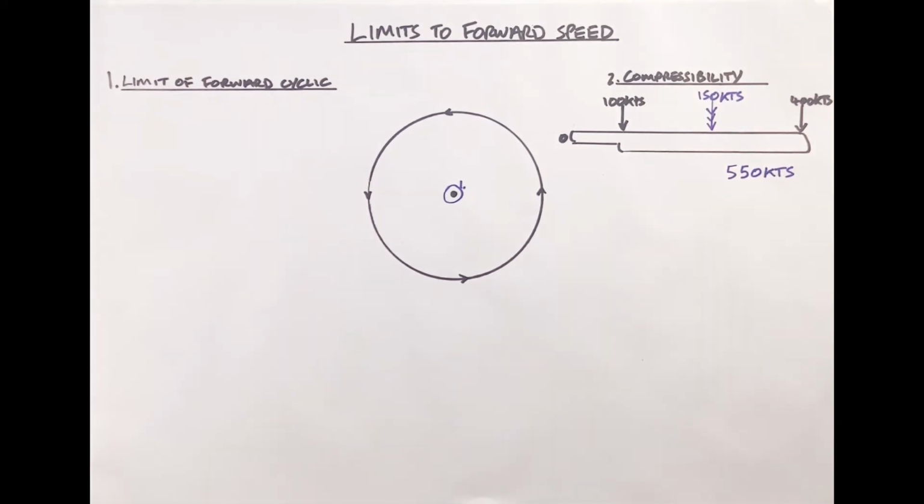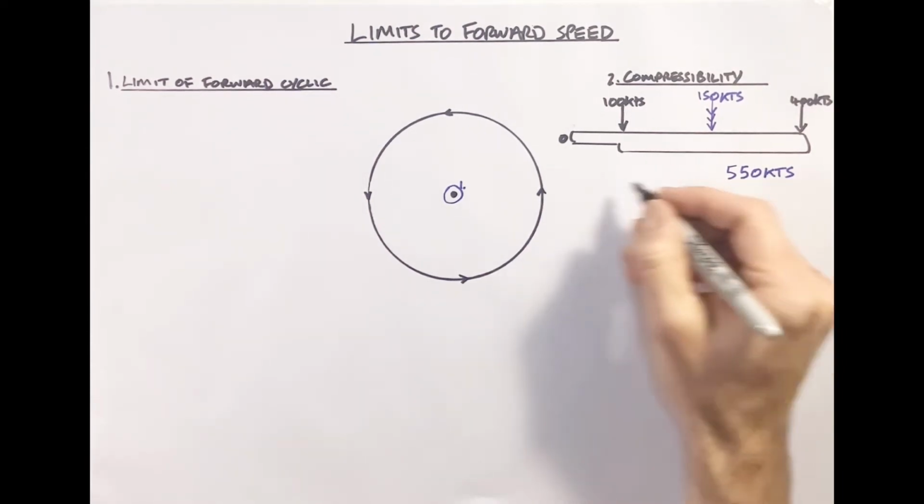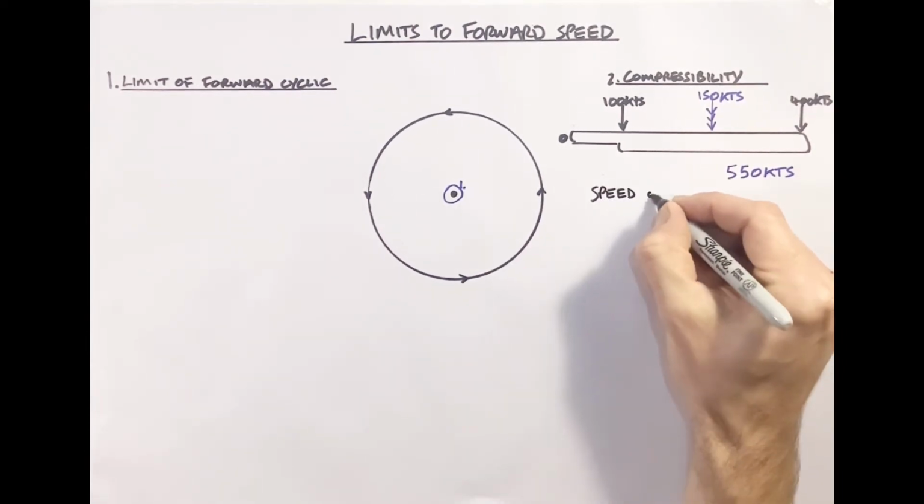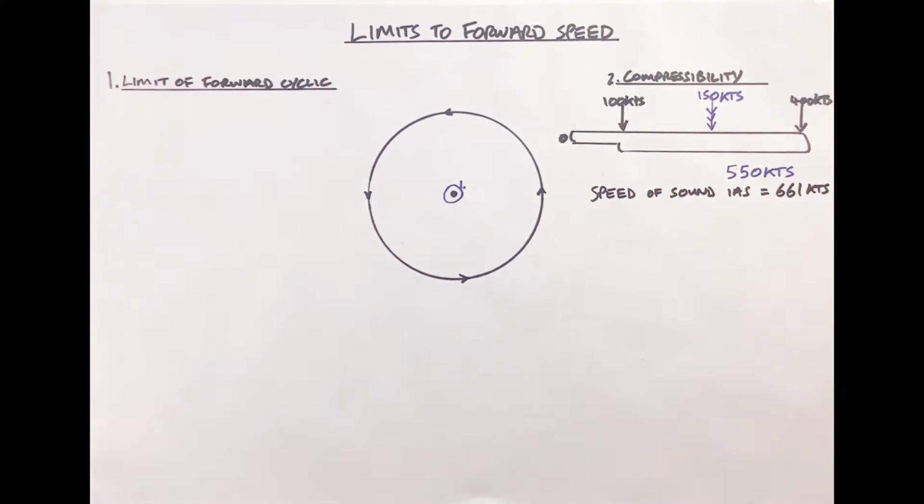So 550 knots doesn't seem a huge amount when we consider that the speed of sound at international standard conditions is around about 661. So why do we hit issues with compressibility? Well, thinking back to your basic aerodynamics,